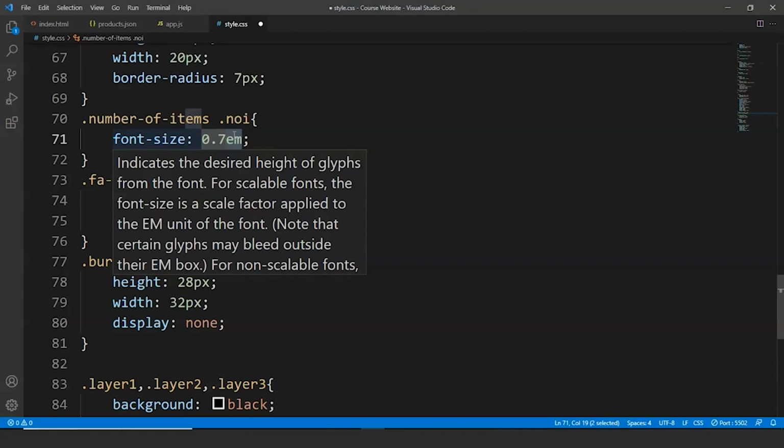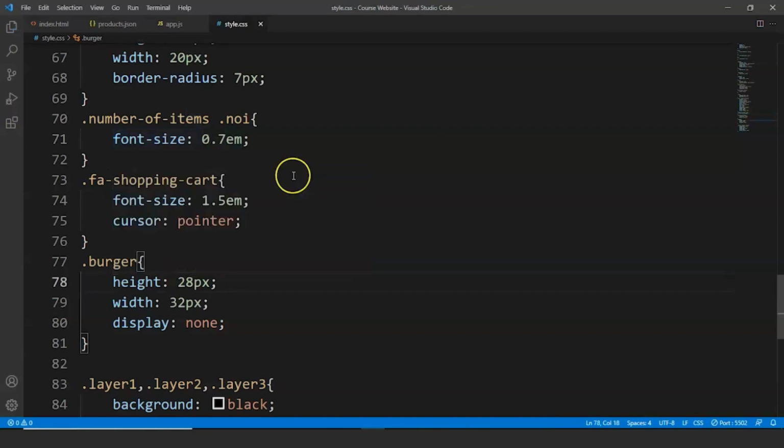That's why we are using M, and if you try it yourself you'll get to know better. So just try using M, and you can also use rem or pixel in this case, but for now we'll use M. So this might be a little bit new for you guys, but try it and you'll understand it much better. Now save the CSS file,